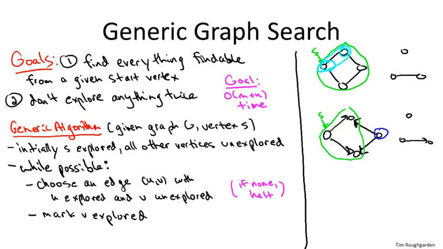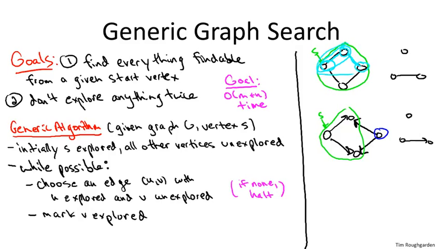Again, we pick one of them. It's not clear how. The algorithm doesn't tell us. We just pick any of them. So maybe, for example, we pick this rightmost edge crossing the frontier. Now the rightmost vertex of these four is explored, so our conquered territory is the top